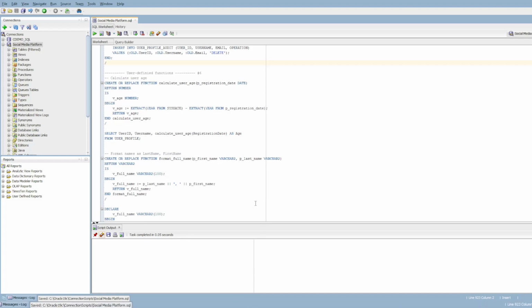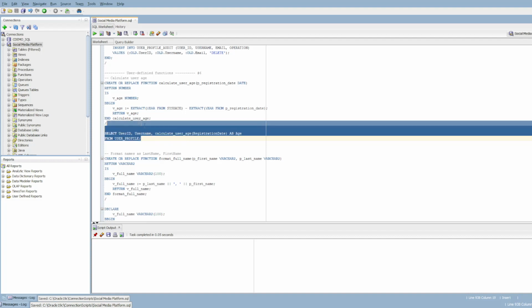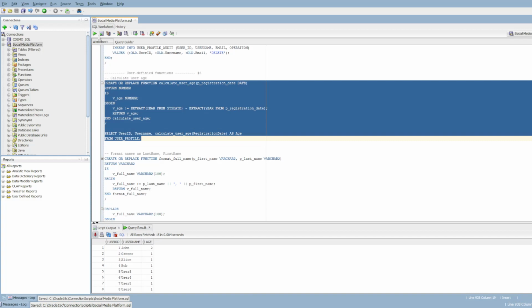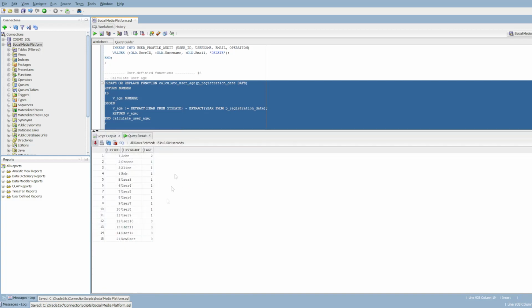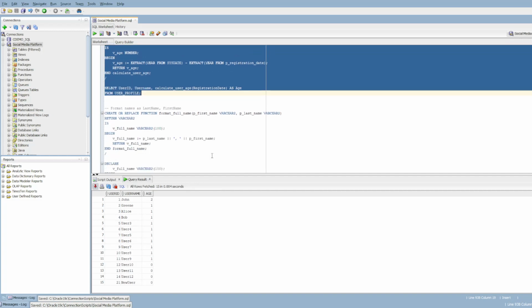So for the 6th one, there's one function to calculate user age, and another one to just format the names as last name and first name. So for the first function, sometimes programs or applications will have a celebration event for when you grow up, or there will be some communities that will bar you from entering if you're under a certain age. This is good for that. So you can see, it will just show you how old, like John's 2, all these new users, not very old. And for the format